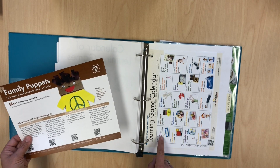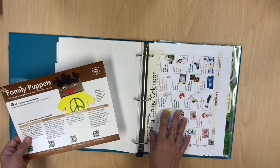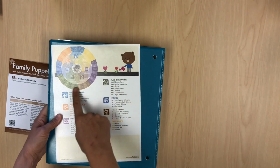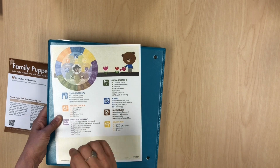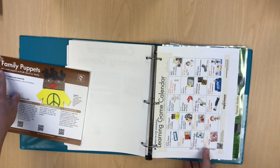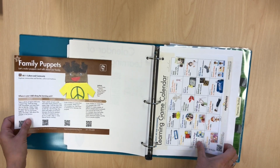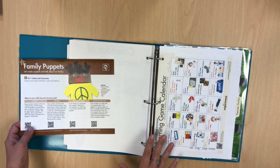We've also mapped out these calendars, so after 3 months, you will actually cover all 35 of these skills and have a written assessment data point for all 35 of these skills if you just are using our curriculum and following these STAR learning games. So that should help you make sure that you're covering it all, that every child is being observed and documented,